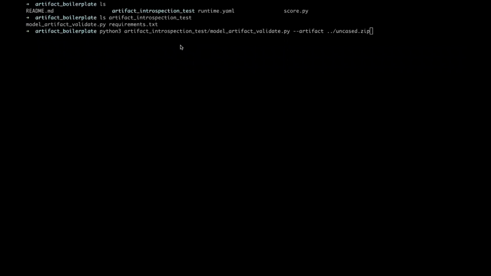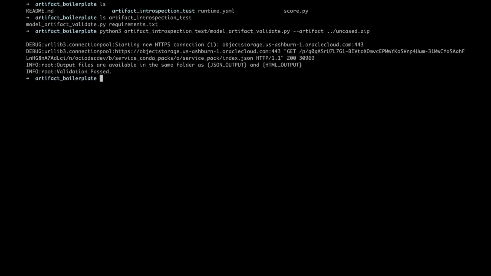Using the Python script in the sample artifact, you can validate your artifact zip. If there are no errors, you get this message that validation is passed. Then you get the validation output in a JSON file, and you can upload the content of this file in the defined metadata.